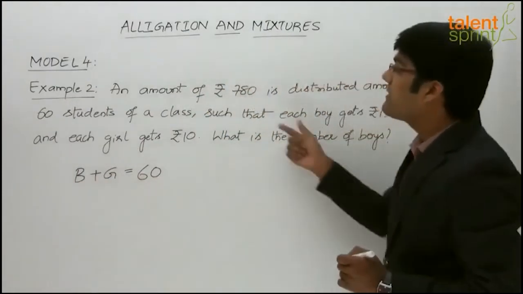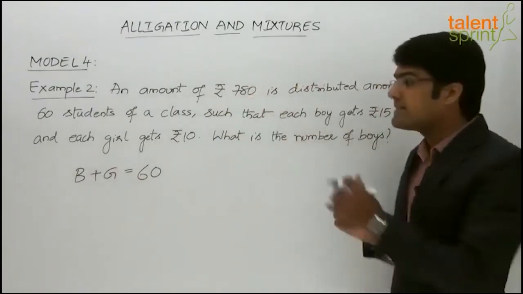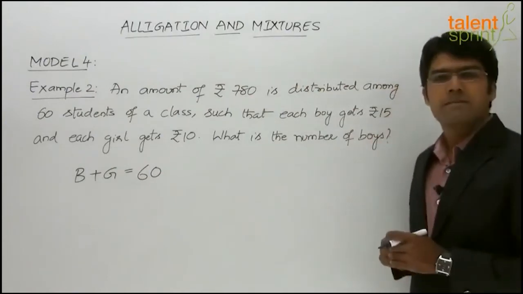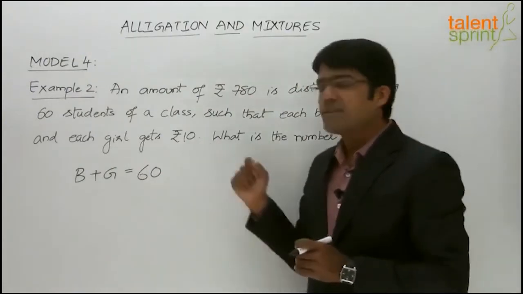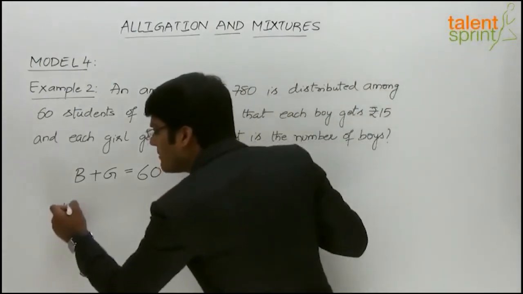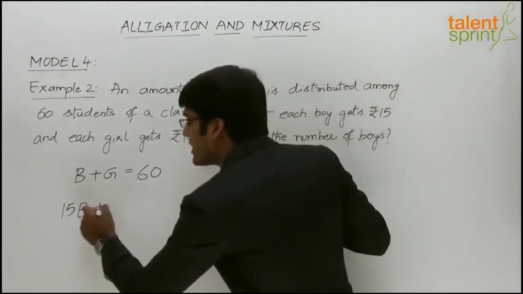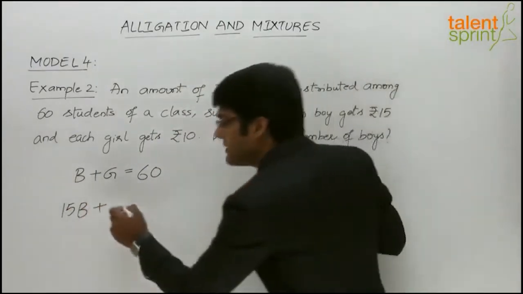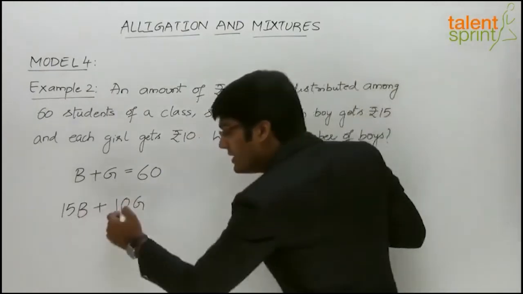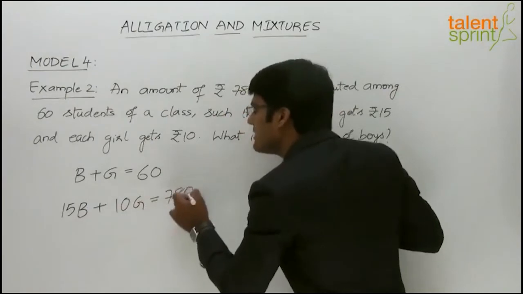The other information that we have here is the total amount was 780, which was distributed among these 60 students, such that each boy gets rupees 15 and each girl gets rupees 10. So if each boy gets rupees 15, the total amount with the boys will be 15B, 15 into B, plus the total amount with the girls, 10 into G, as each girl gets 10 rupees. And the sum of these 2 values should be equal to 780 because that was the total amount distributed among